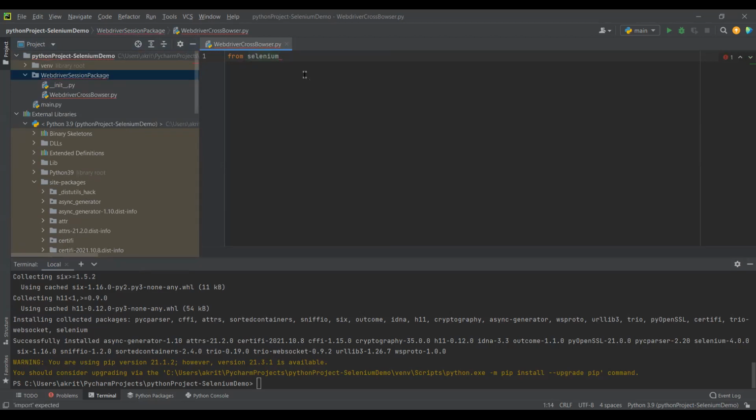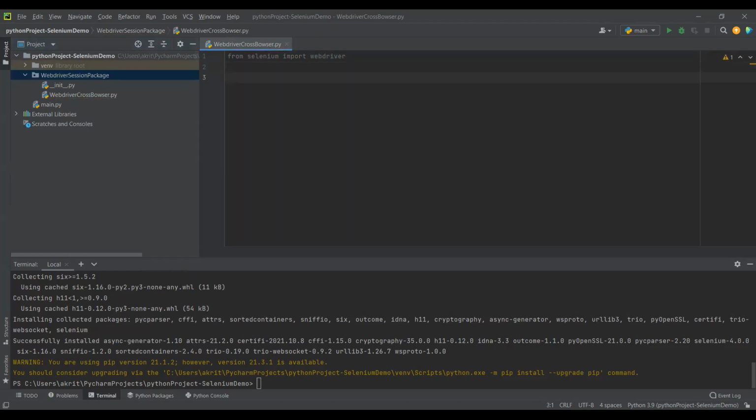See, the use of the IDE is that it will give hints and everything while we try to write. And from here, we'll say import, and we'll enter webdriver. So, see, when we do that, it is in gray. This means that we are currently not using anything.